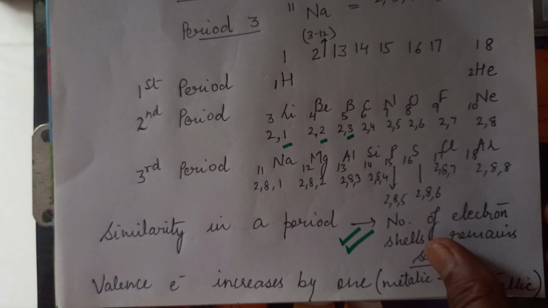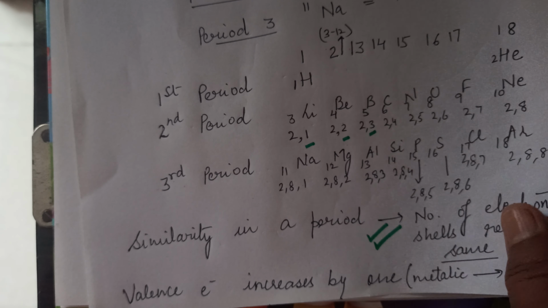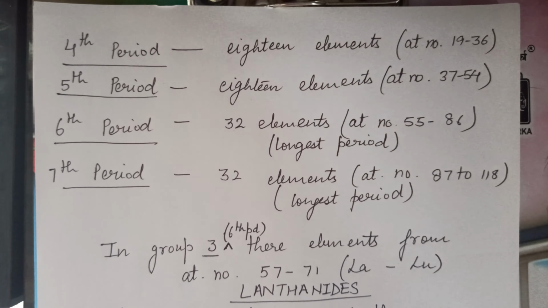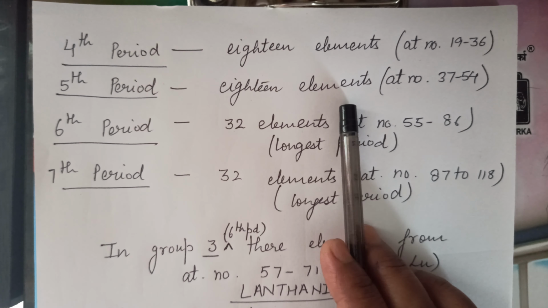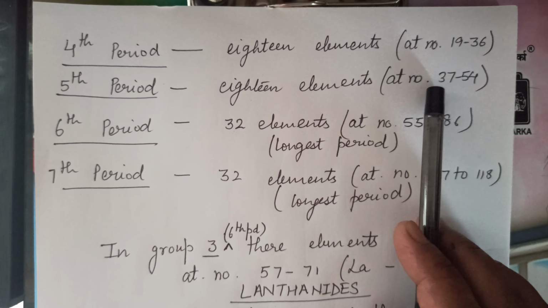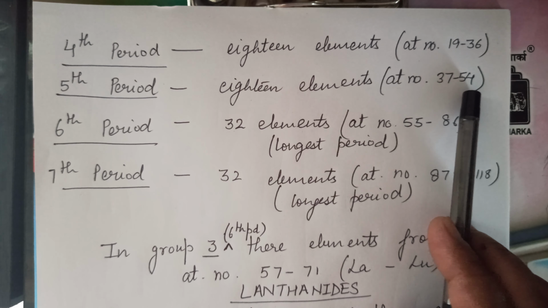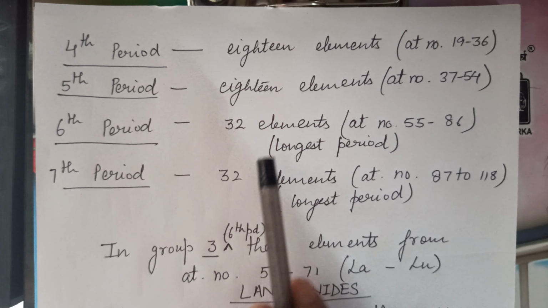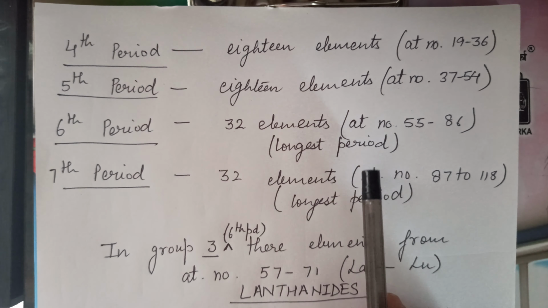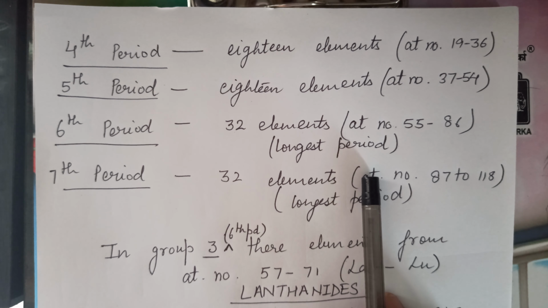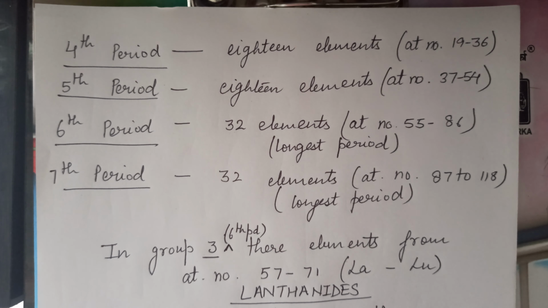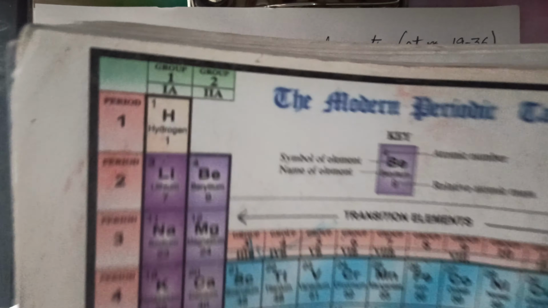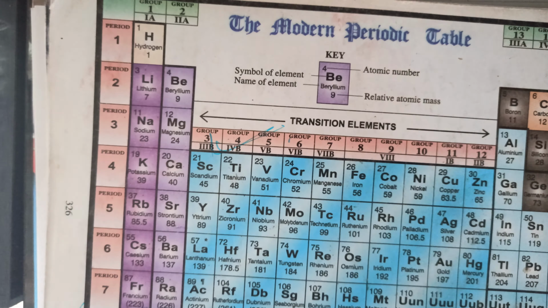Now after seeing periods 1, 2 and 3 in detail, let us see periods 4, 5, 6 and 7. Periods 4 and 5 have 18 elements each, from atomic number 19 to 36 and 37 to 54. Periods 6 and 7 have 32 elements, and these are the longest periods of the periodic table. One thing which you see in periods 6 and 7 is in group 3 of periods 6 and 7,